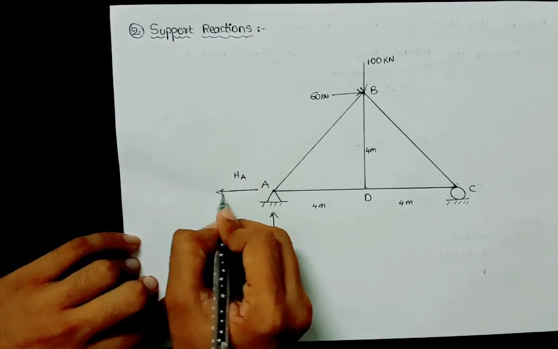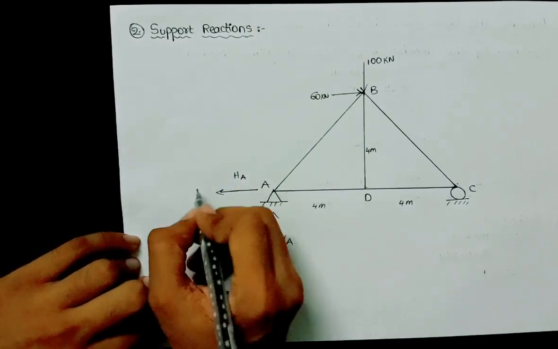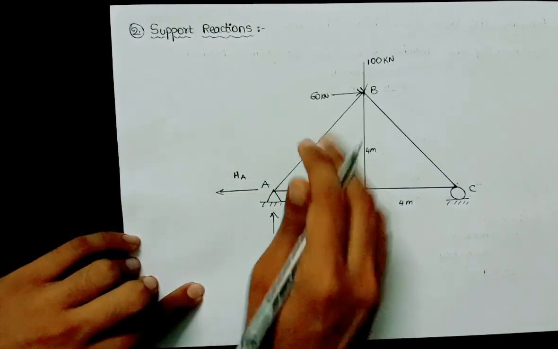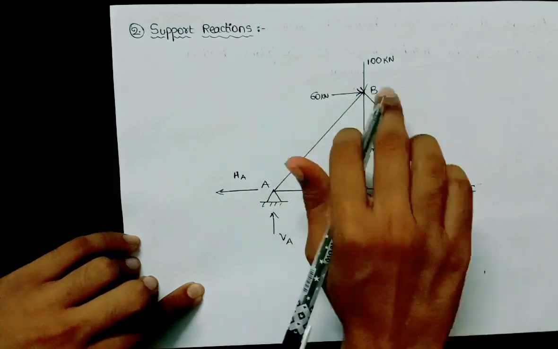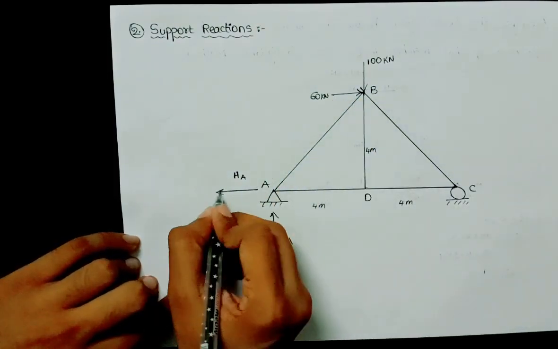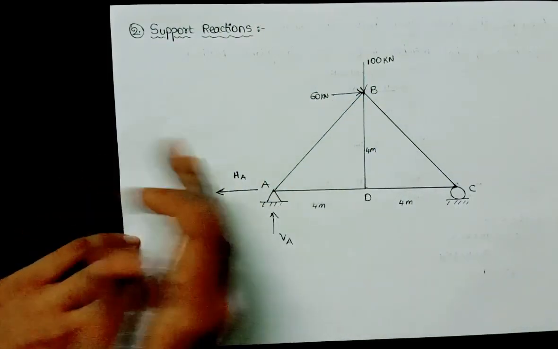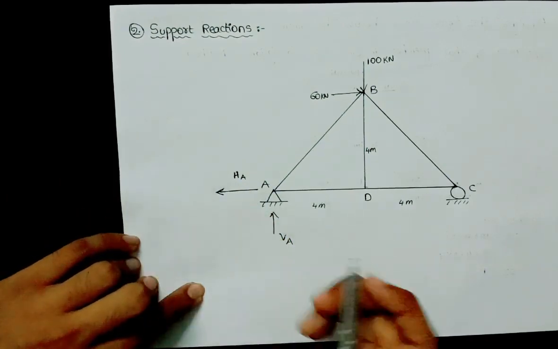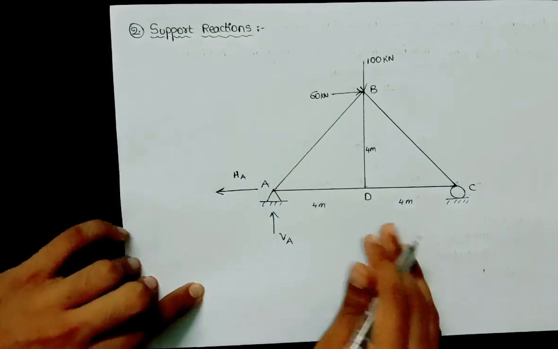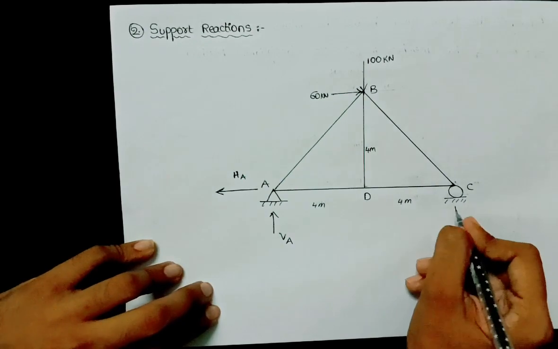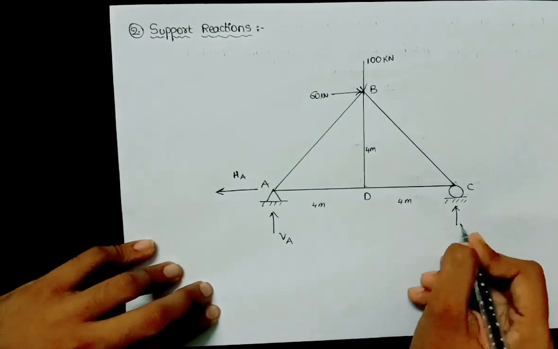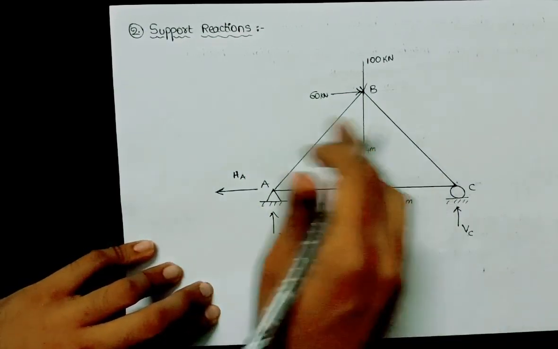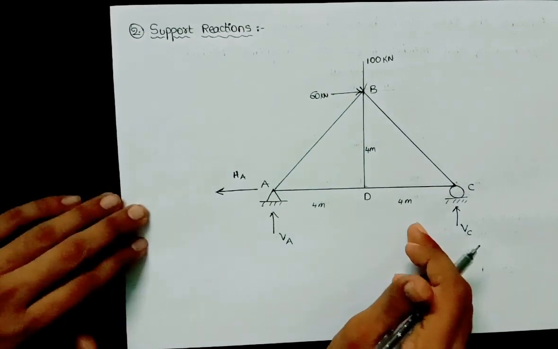So this will be towards left in order to maintain equilibrium. Okay, this is the horizontal load towards right. So I am assuming that this is towards left, generally it will be towards left. There are two reactions at the hinged support and it is a roller support. Again it is having one vertical reaction only here, Vc. So we have to find out the values by using the equilibrium equations.